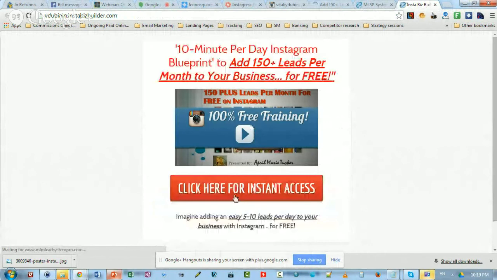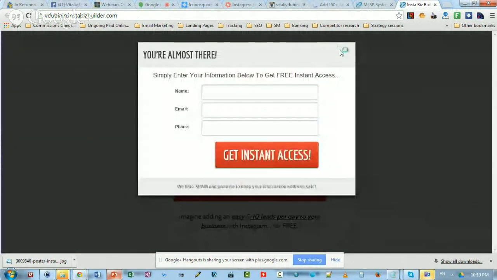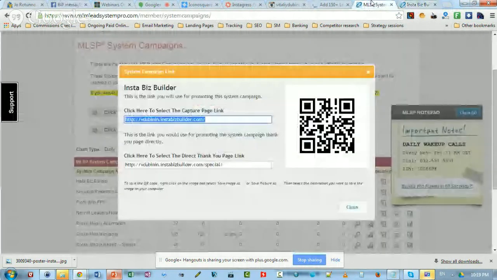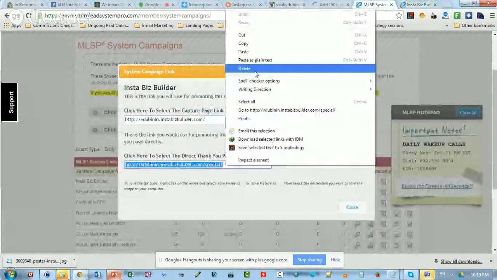And this is exactly what you will do: redirect people to your Aweber and collect leads from Instagram right here. It's already done for you. The campaign, the training is already done for you. On the next slide, it's a webinar on Instagram, exactly what people are looking for.